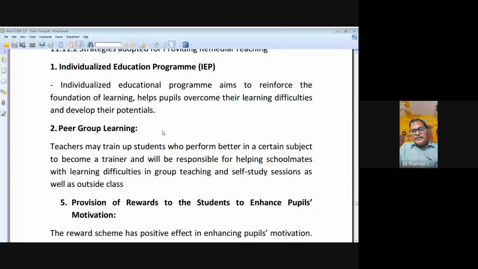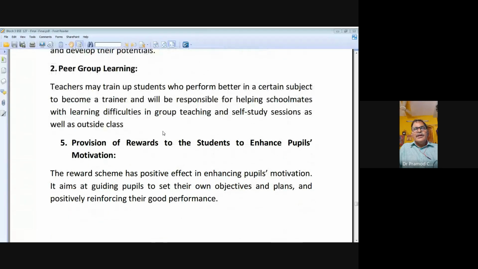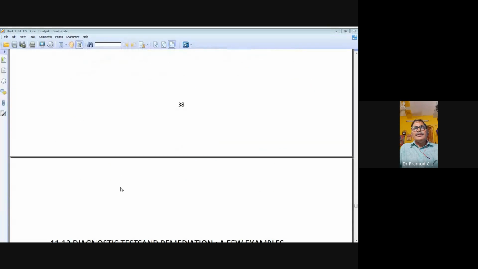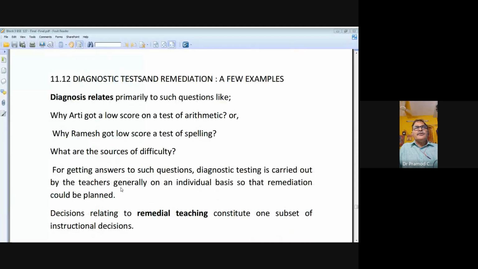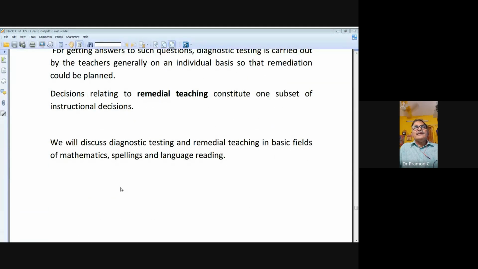It will become a self study session, and you can provide this self study session in the prayer class or when the students are in the assembly outside the class, then automatically the students will be able to develop. And also you must enhance the students' motivation. You will provide certain rewards: if one is doing some good job, then automatically rewards will be provided. It may be a notebook, it may be a pen, it may be a pencil, whatever it may be, and that will help you to develop. So definitely I will say that the decision is always related to remedial teaching